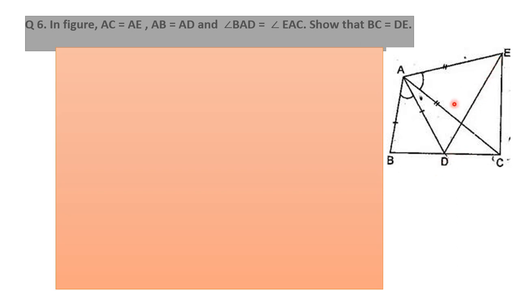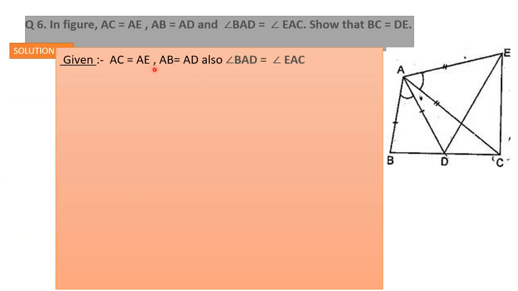Now let's search the triangles which include these sides BC and DE. Now BC is in the triangle BAC and DE side is in the triangle ADE. So if we prove these two triangles ABC and DAE are congruent, then we can say BC is equal to DE. So here the solution is,